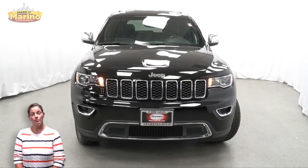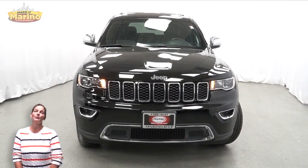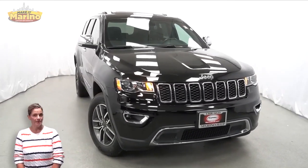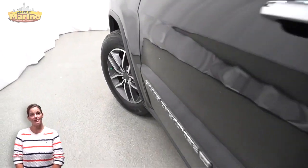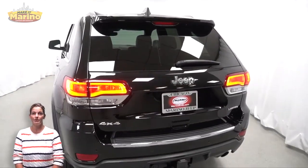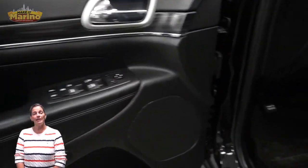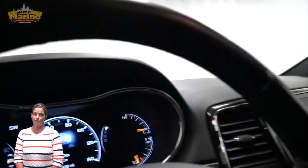Looking for a highly equipped SUV with all the right options and reliability? We'll take a look at this 2022 Jeep Grand Cherokee Limited in Diamond Black Crystal Pearl. With halogen quad headlamps, premium fog lamps, 18-inch aluminum wheels, blind spot and cross path detection, heated front seats, heated steering wheel, 22,000 miles on the odometer,